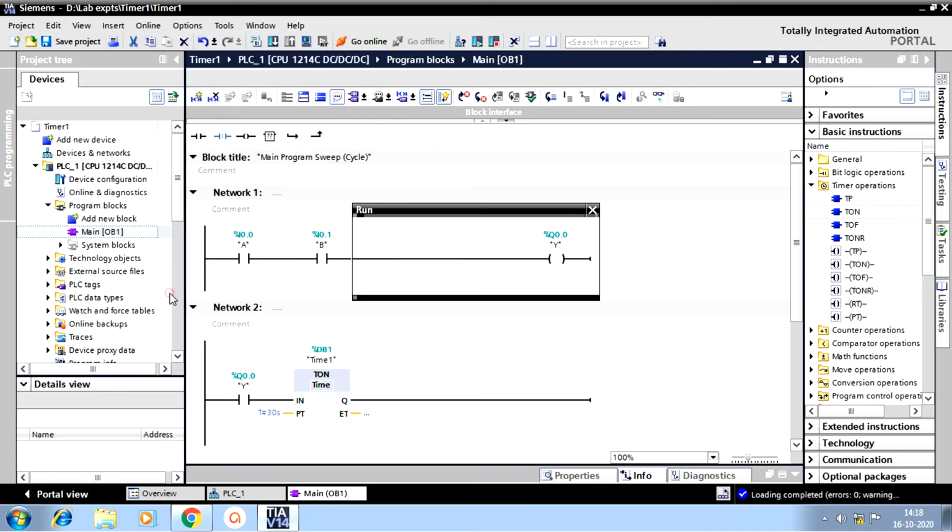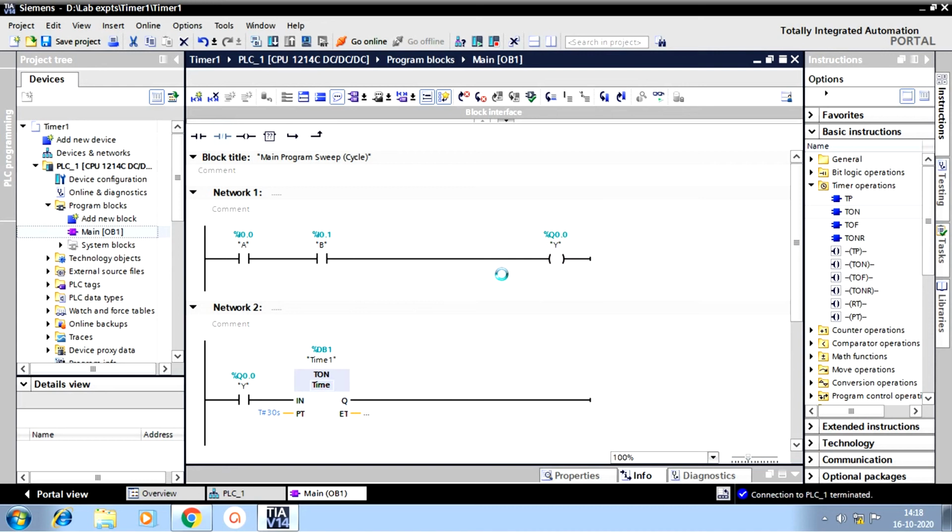And select start CPU. So now we are going to change the CPU into run mode, and click Go Online.